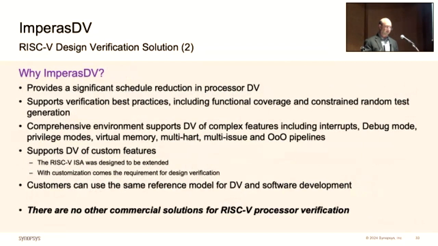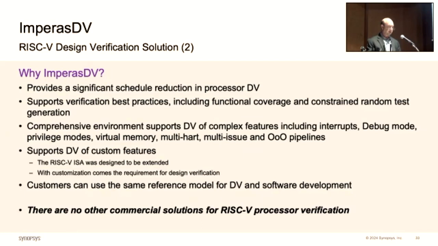So why Imperas DV? Because Imperas is providing this environment out of the box, it provides a significant schedule reduction for the processor verification task. This can be on the order of 6 months reduction in actual schedule. It supports verification best practices, including functional coverage and constrained random test generation. The comprehensive environment supports verification of complex features, including interrupts, debug mode, privilege mode, virtual memory, multi-hart, and multi-issue and